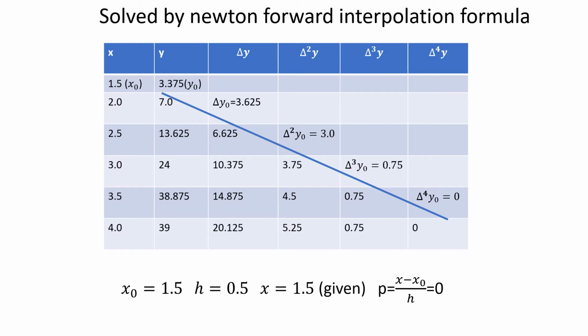Now at x naught 1.5, h is 0.5, meaning the difference between two, right? Higher and lower, higher and lower. You can see this is all 0.5, and x equal to 1.5. We have to find that. If you want the value of p also, because sometimes by chance it is the same, but it can be different also. Here x is equal to 1.5 and x naught is 1.5 also. It can be in between also, right? In that case, the value of p will vary.